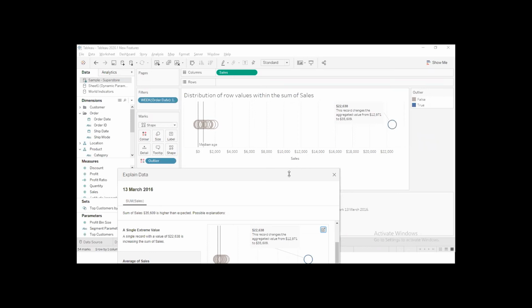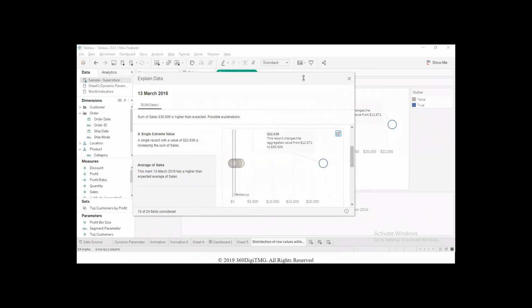Okay. What has been introduced in version 2020.1 specific to explain data is that we have the status bar now. Till here we used to get, even up in 2019.4, we had all the information till here. But this status bar is something that came up new. What is so special about the status bar is you have the view status icon. The information symbol that you're looking at is the view status icon, where when you click on it, you get further explanation about it.